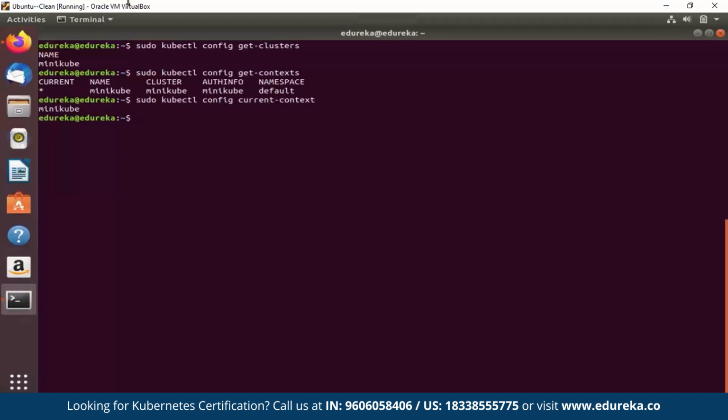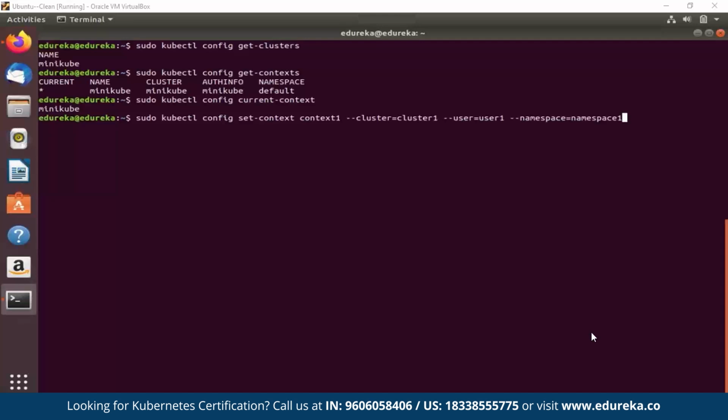Now to set a particular context, you use the set-context command. So for this, I'm going to type in the command set-context context1. I'm just going to name my context context1, with --cluster equal to your cluster name. I'm just going to name this cluster1, user equal to user1. And you can also have a namespace. We know that we have one namespace that is our default namespace, right? I haven't really talked about namespaces either, so let me explain it to you now.